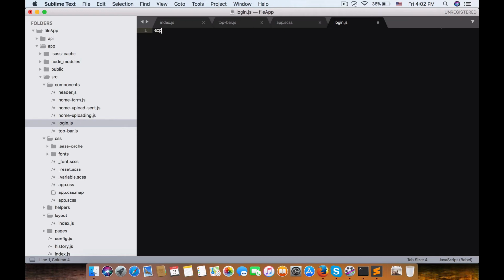So alright, we do import class, import default class login form extends React component. So also we need to import React, component from React. Okay, so that we do have a render function and return a layer. Return